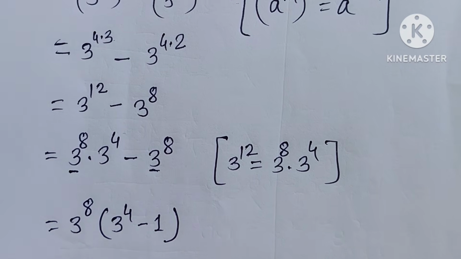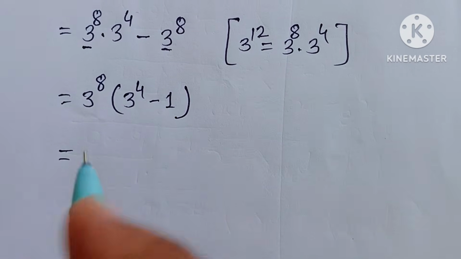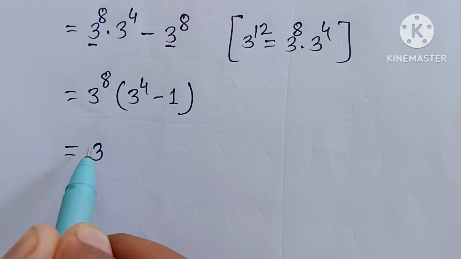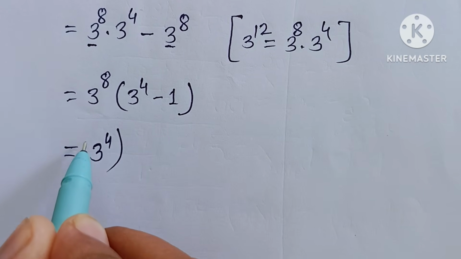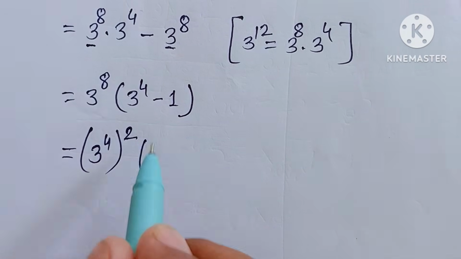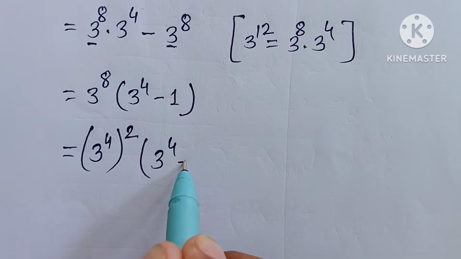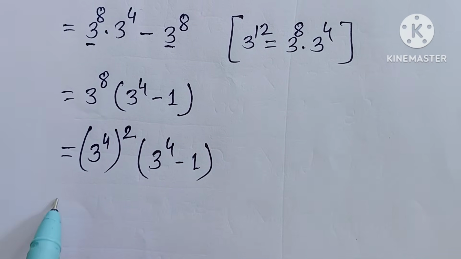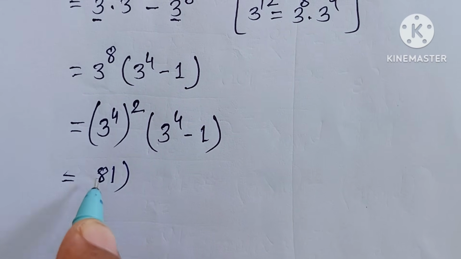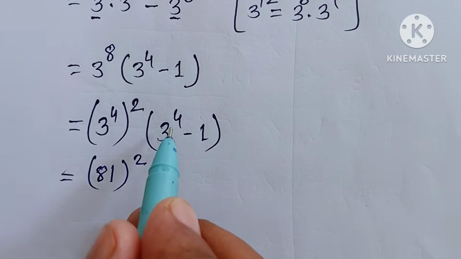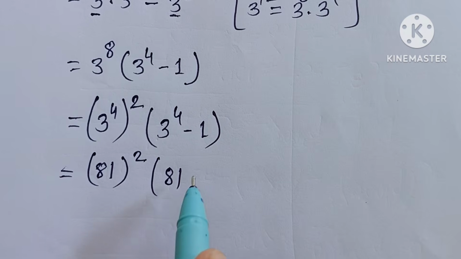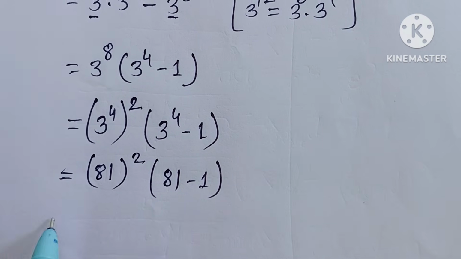equal to 3 raised to the power 8. How can we write 3 raised to the power 8? 3 raised to the power 4 raised to the power 2, in bracket 3 raised to the power 4 minus 1. Now 81 raised to the power 2. Here we can write 3 raised to the power 4, that is 81, minus 1. That is